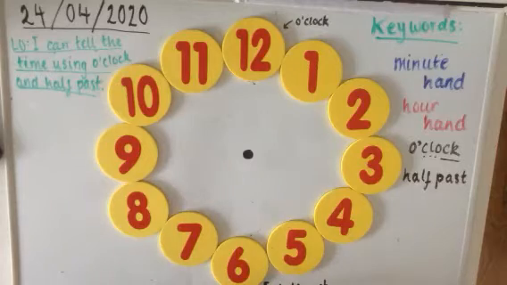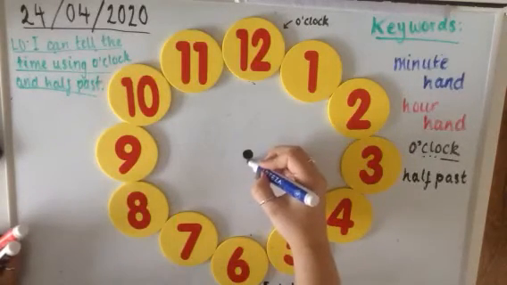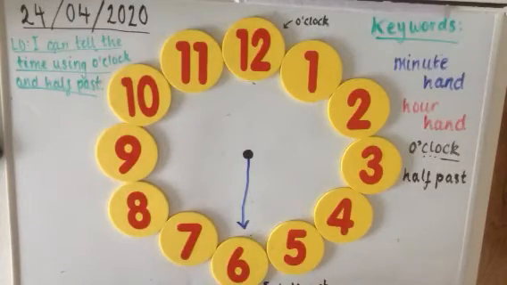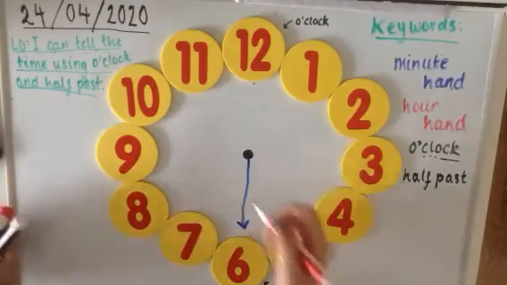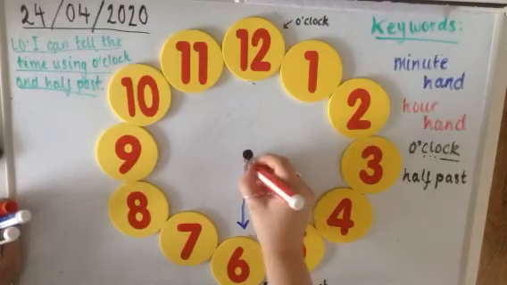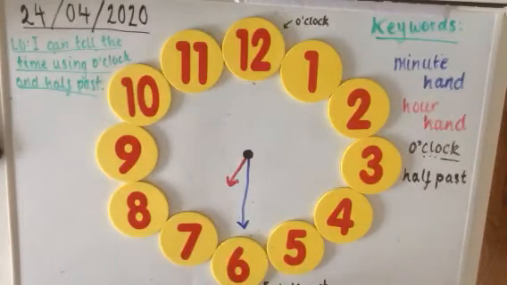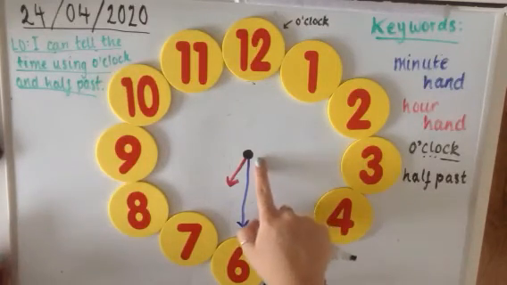Okay, so what time am I showing you here? Think about which hands are pointing where. Okay, what time have I drawn here? I need you to tell somebody or write it down. Okay, so you should have said or written